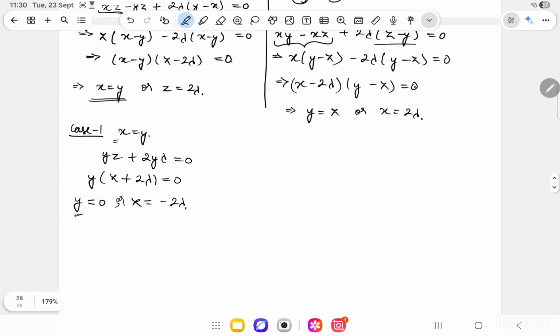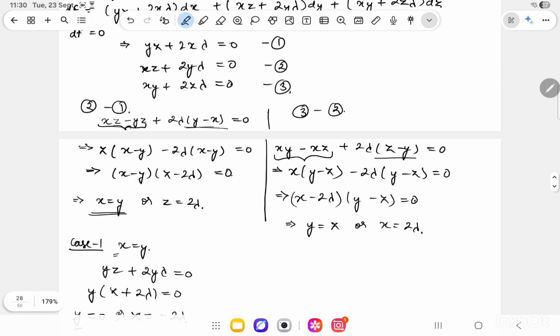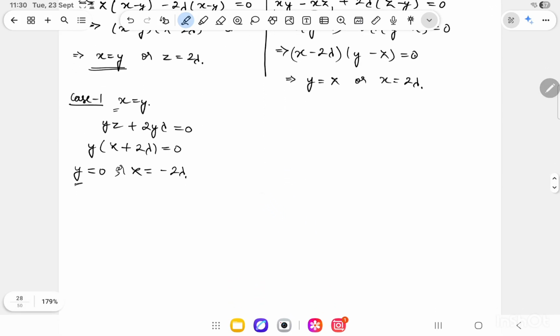Yeah, so if my y is 0, then my x is 0, and if both y and x are 0, then from using equation 2 or 3 I can conclude that my z is also 0. So that doesn't lead me anywhere. So let us assume we take z equals minus 2 lambda, and let's see what we get